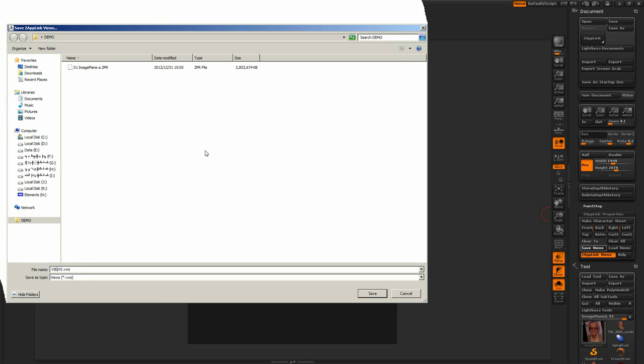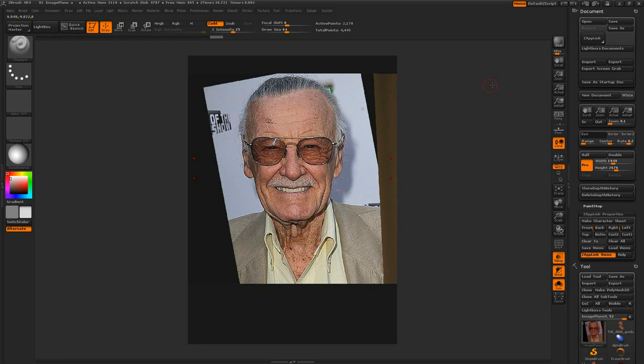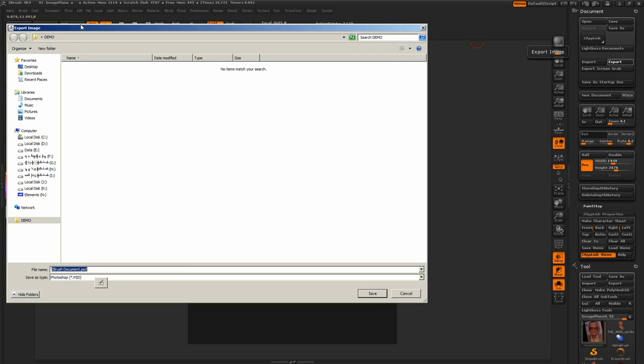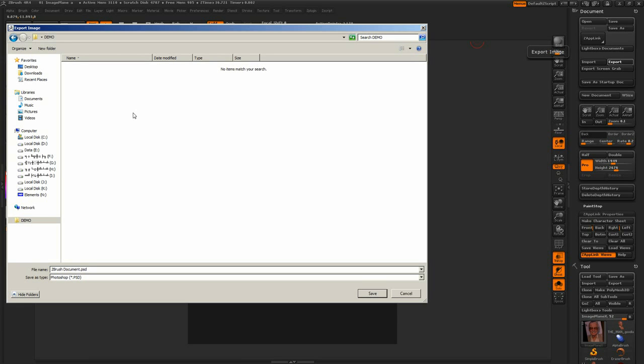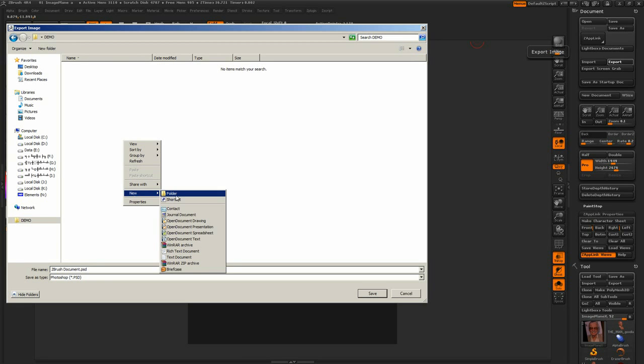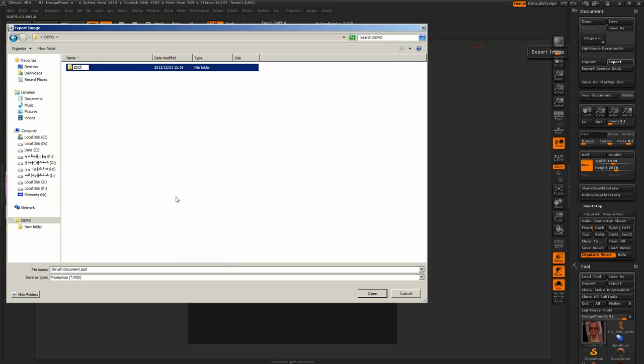Let me just go backdrop, front and side, and it's .vws, so I can tell that it's ZBrush views. Right, let me just export also this one and put it here on this desktop folder. Let me just create another folder, just call it ZDoc, and say that this is front,